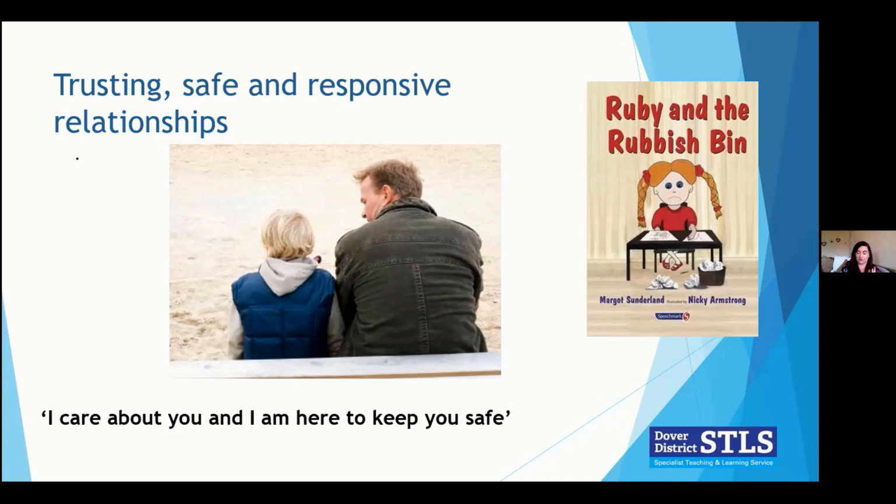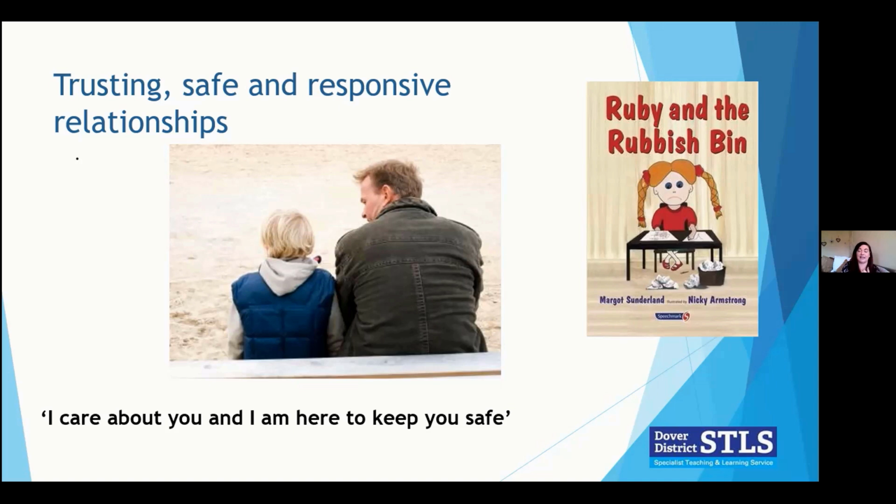Key to this is adults needing to be resilient. Children with poor attachment may display levels of behaviour that are difficult to manage and understand. Key to this is it isn't about you. They don't want to hurt you. They're safeguarding themselves from the possibility of being hurt. And to combat that, the adults need to be resilient and consistent in their approach. This can be particularly challenging because as adults, we like to fix things. Well, we need to enable the child to feel safe and secure and offer opportunities to develop containment.